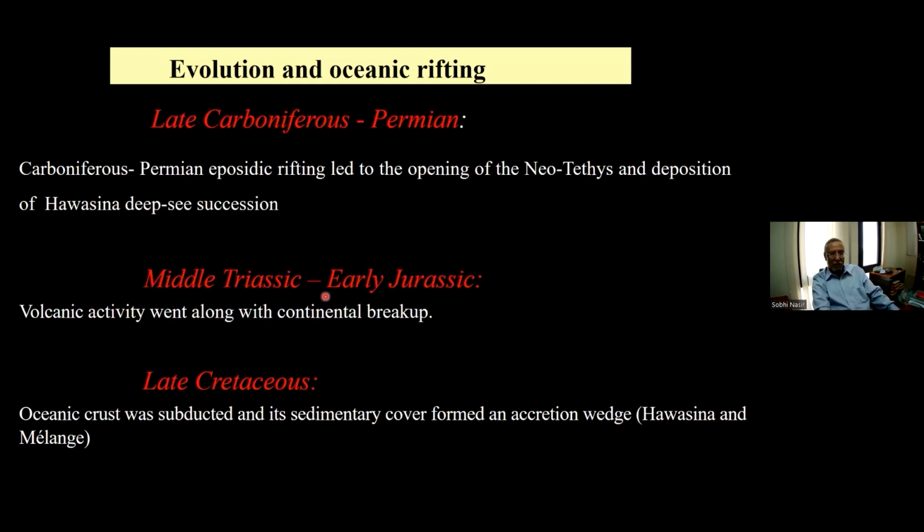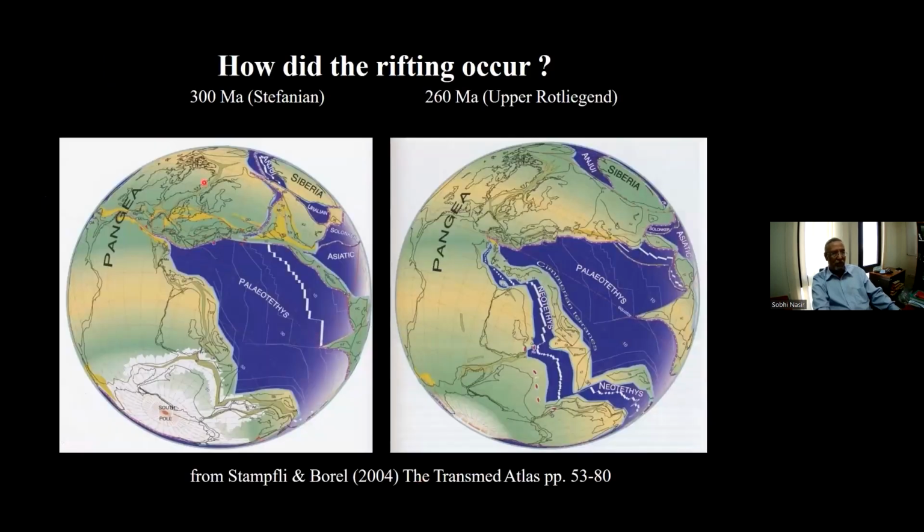And in the middle Triassic to early Jurassic, we have the volcanic activity, which went along with the continental breakup. In late Cretaceous, oceanic crust was subducted and its sedimentary cover formed an accretion ridge, which is represented by melange and the Hawasna deep sea sediment. So that was the situation before 300 million years, where we have the Paleotethys and starting formation of the ridges. And after 40 million, that means at the age of 260, the new Tethys starts to be